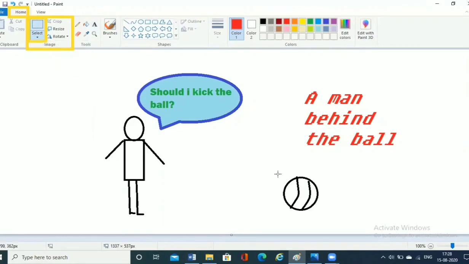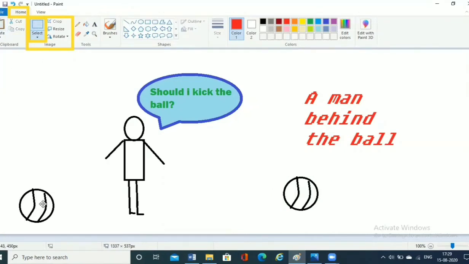Under the rectangular selection, I can go ahead and select this ball. Once I select it, this ball is selected. After selection of this ball, if I want this similar ball to be here on the left hand side of this man, then I'll click on copy, and then I'll click on paste.